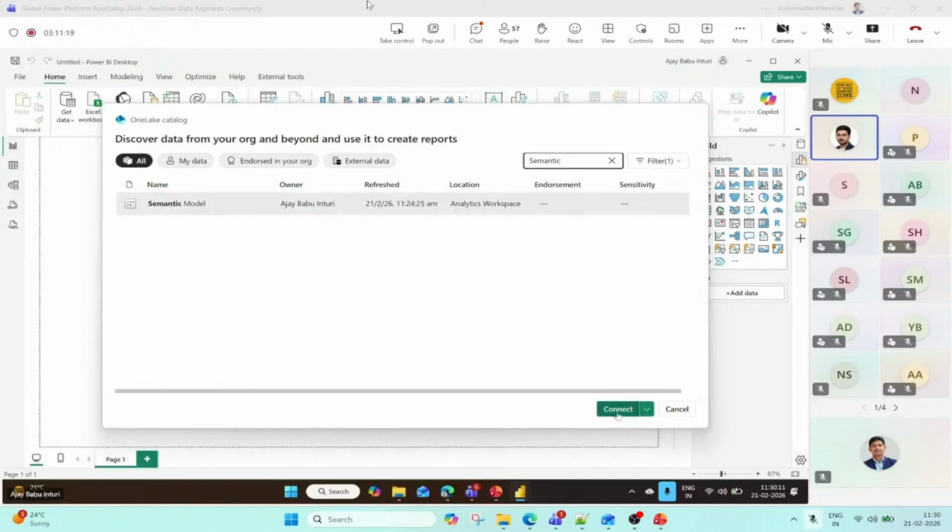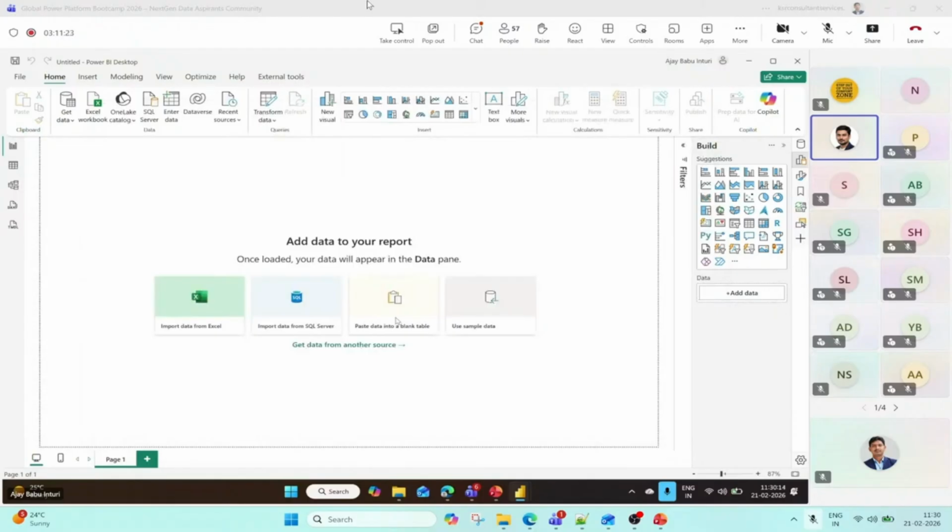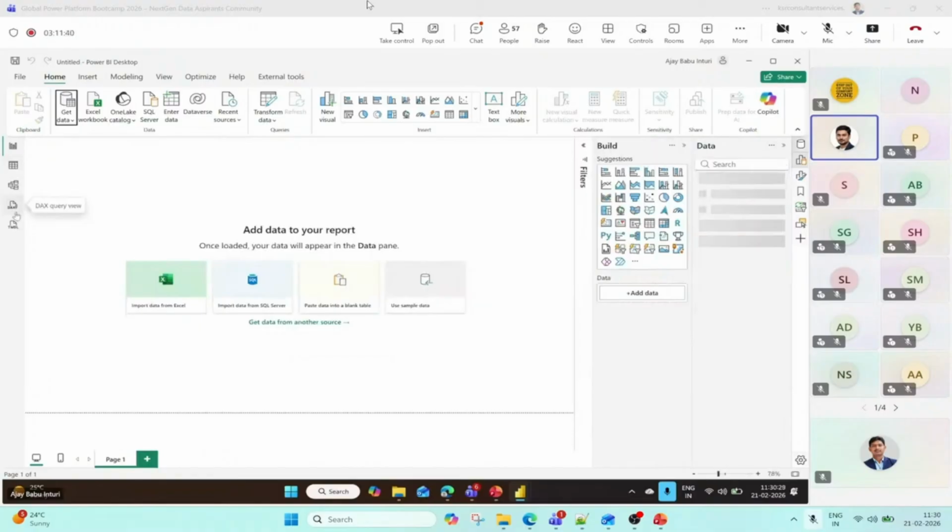I'm just selecting this report and connecting it. Now you are seeing report view, table view, model view, and DAX and TMDL view. Once the semantic model is connected, this table view and the DAX TMDL view will disappear automatically.